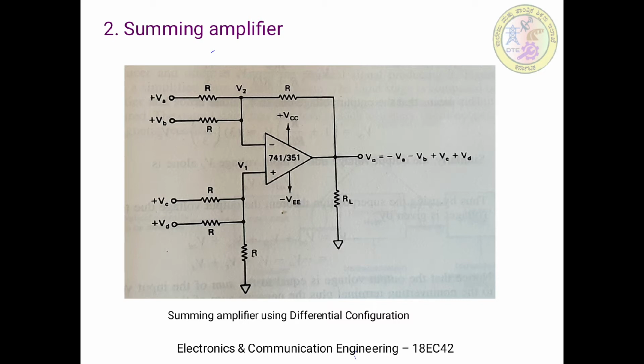But when we come to the next half, that is when VA, VB are made equal to 0, and when we apply either VC or VD, then actually we are applying the input to the non-inverting terminal. Now the amplifier is operated in the non-inverting configuration. So now let us consider how this application of the input and finding V naught using superposition can be used to get the final V naught.